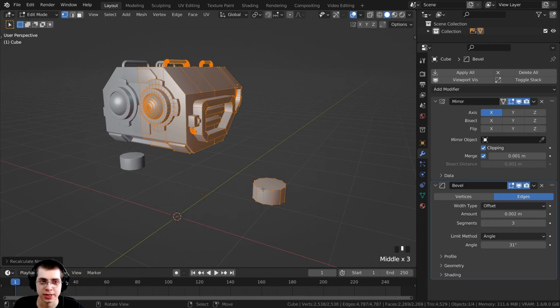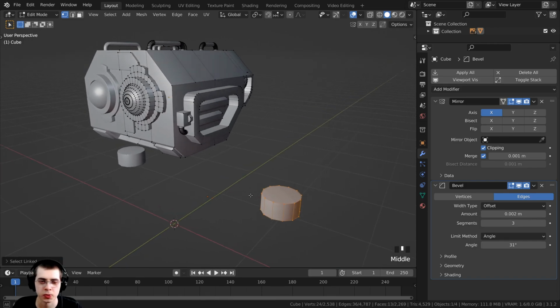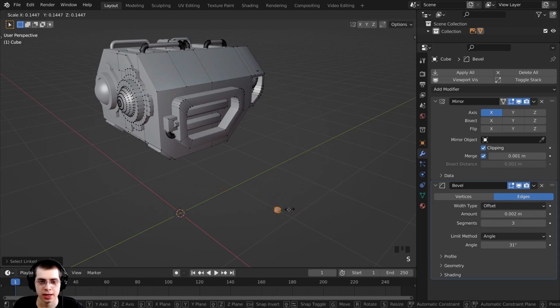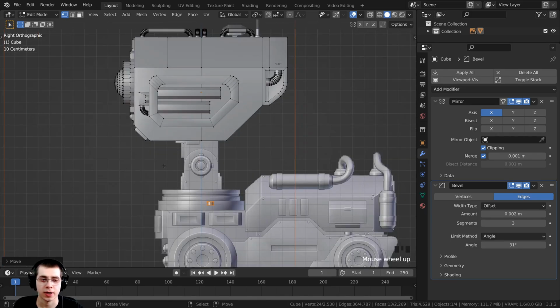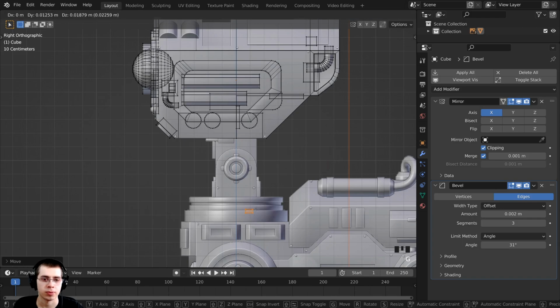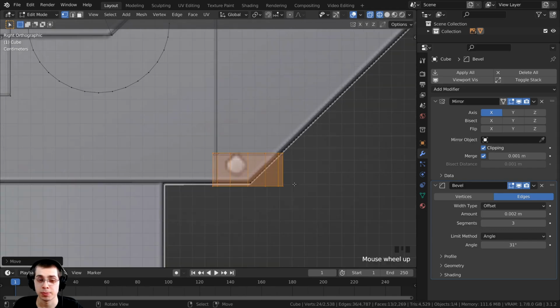So I'm just going to press the A key to deselect everything. I can press the L key with my mouse hovered over this little bolt or this little screw. That's going to select the linked vertices. And I can press S to scale and G to grab. Let's also press 3 on the numpad for side view because I want to get the correct size. Let's hold down the Z button, go into wireframe, and then I can press G to grab, and we're just going to bring this up here and just bring it over to one of these bolts,